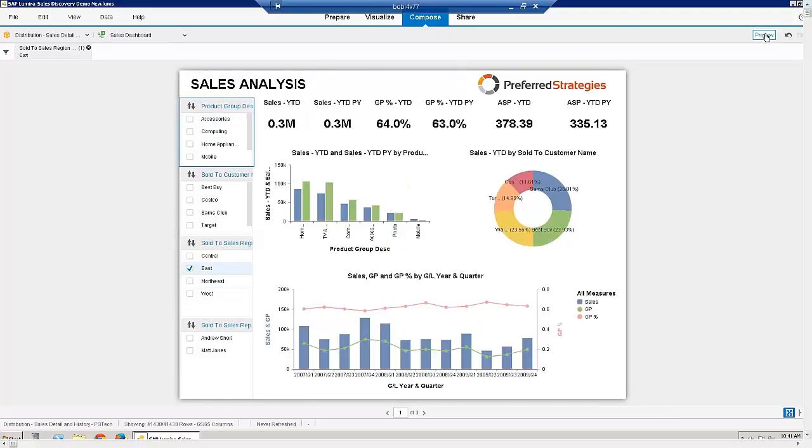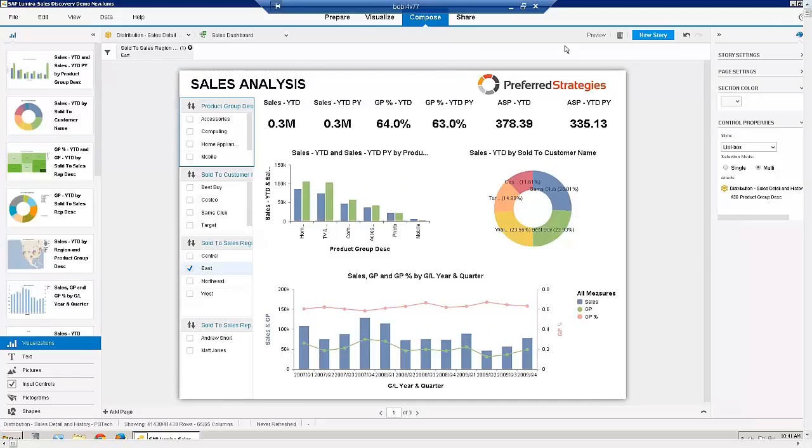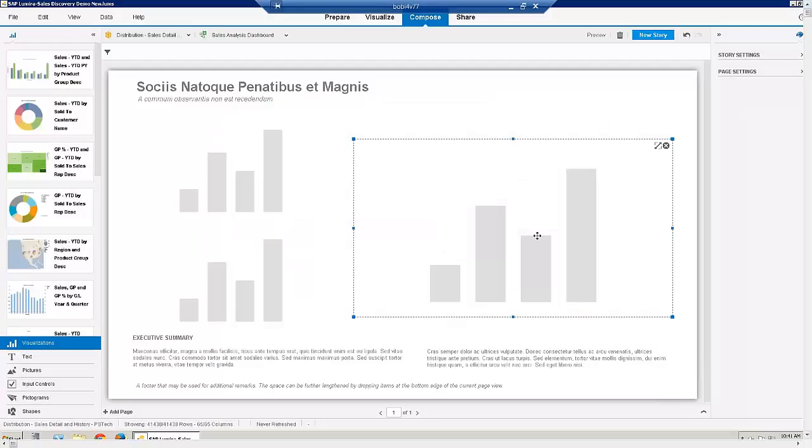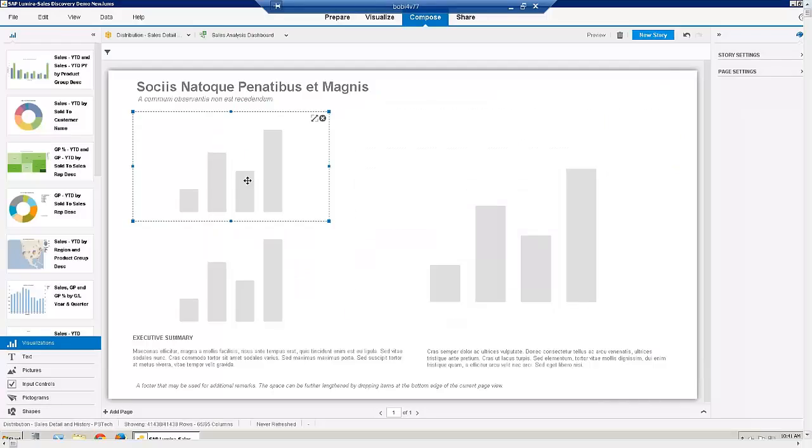But if you want to create your own, let me go back here, and you want to create a new story, and we'll call this sales analysis dashboard. Why not? Give it a name. So you can actually start from a blank canvas, or you can take one of these already defined, and there are some samples like infographics or slideshow or standard templates. You can grab a specific one and hit create,